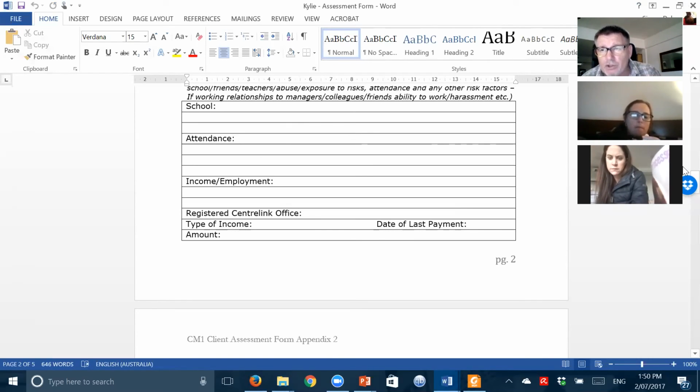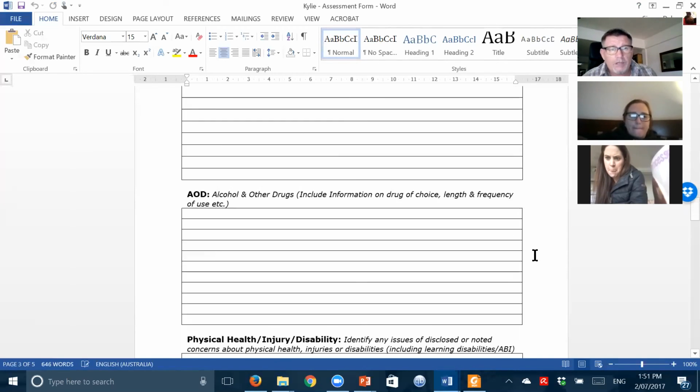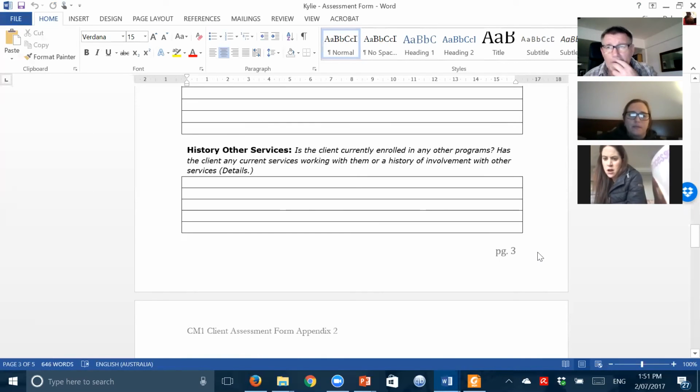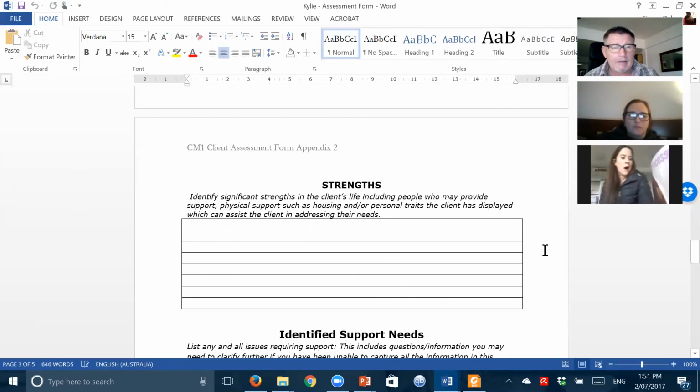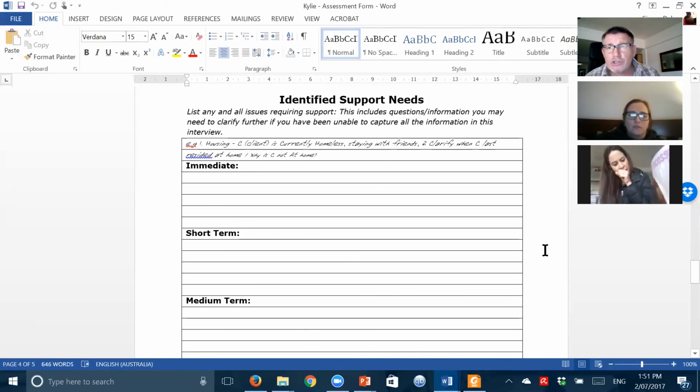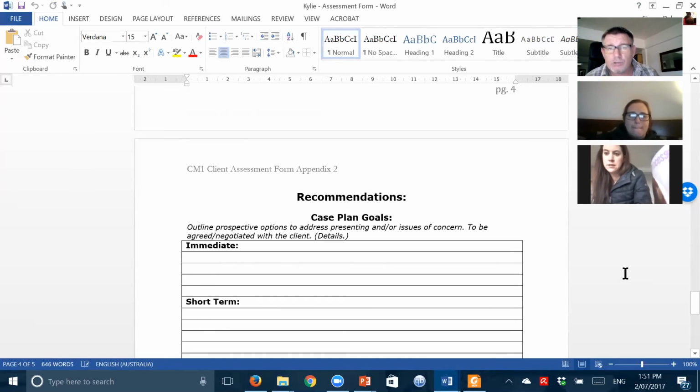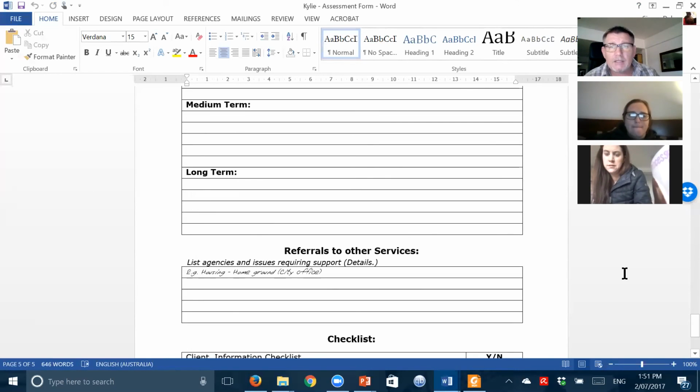If there's information you don't know, write that down, underline it, put a big question mark on it saying, I need to find this information out. There's a whole range of information that you can collect, and you can ask these questions of the assessor as you do your case study interview.